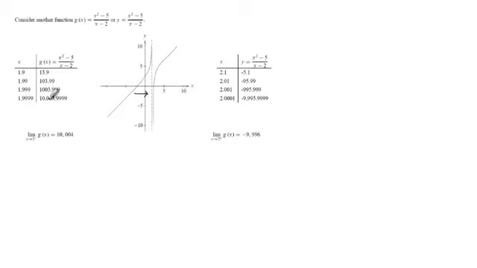So now if we want to express that process, we would write it this way: the limit of g of x as x is approaching 2 from the left, and rounding off this value to 3 decimal places, we've got it as 10,004. Now if we approach 2 from the right, we'll be coming from this direction, approaching 2, which is the number here, 2. What we have